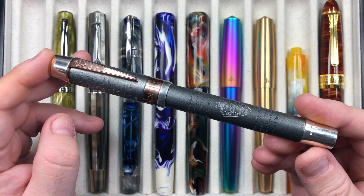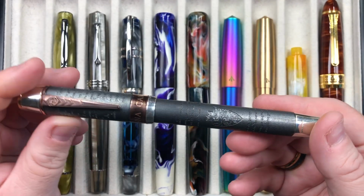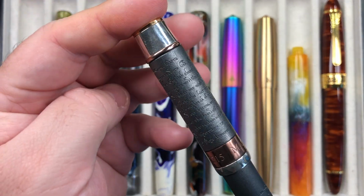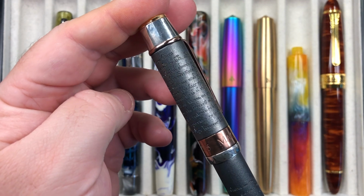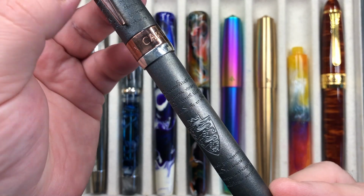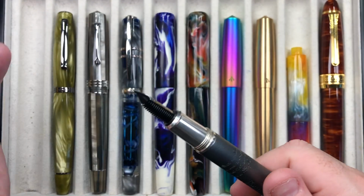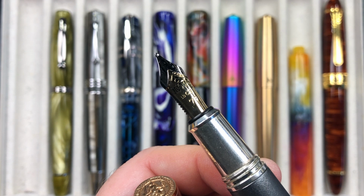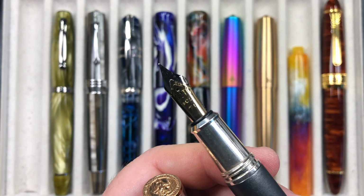It's a pen that I do like a lot, though, that you can see here. It has the Magna Carta, or parts of the Magna Carta, inscribed onto the cap there, and also onto the body of the pen, and also a coat of arms there as well. Now, this does have an Onoto number 7 size, 18 karat gold nib, and this one I got with a